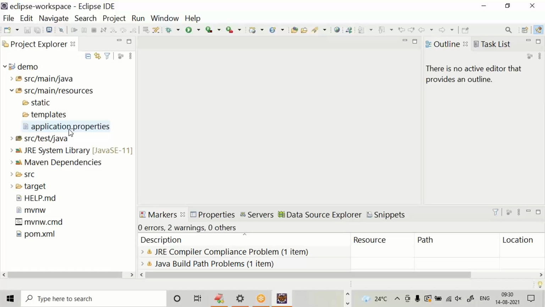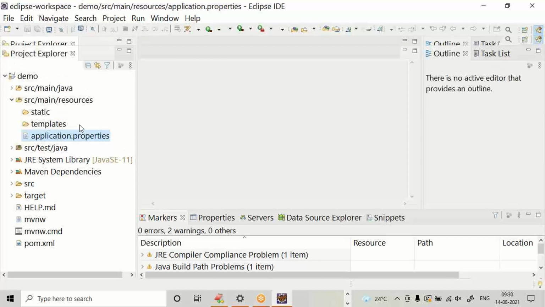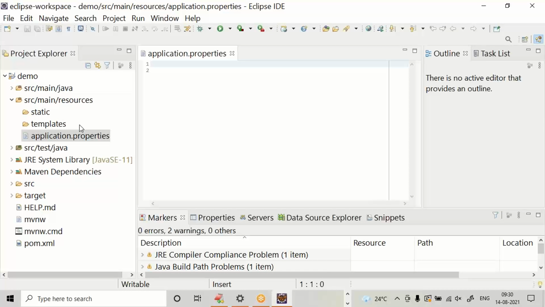First and foremost, go to src main resources, application.properties. server.port is equal to, go for any port number other than 8080.